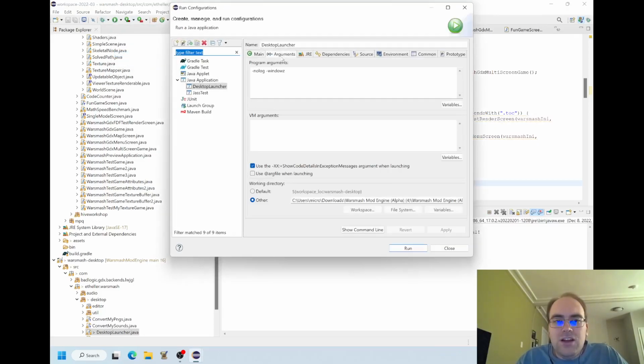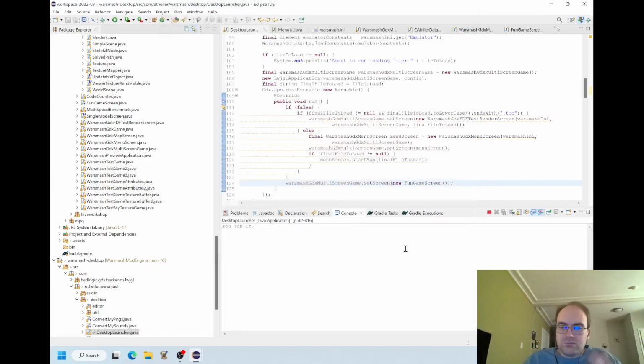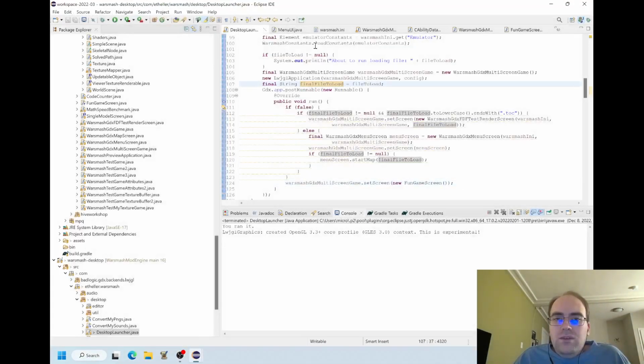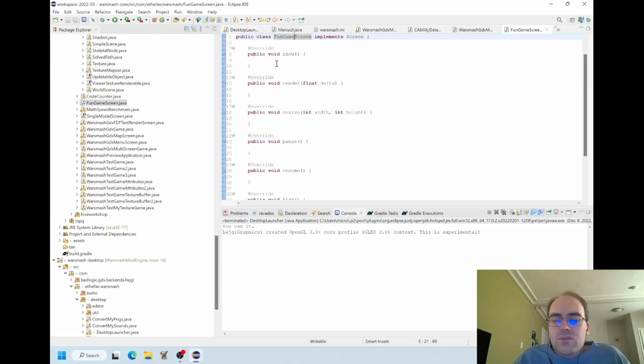I think this will still honor the Warsmash window program argument. So I'm going to run that. Now I think it'll be windowed on the screen. That's great. But as you can see, it's solid black. This is like an empty canvas going on here.